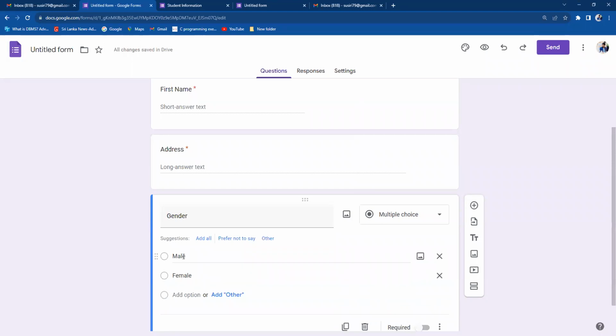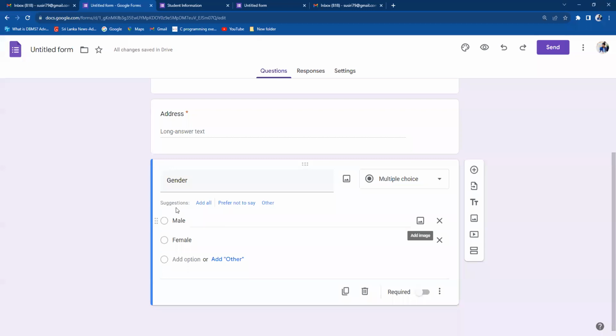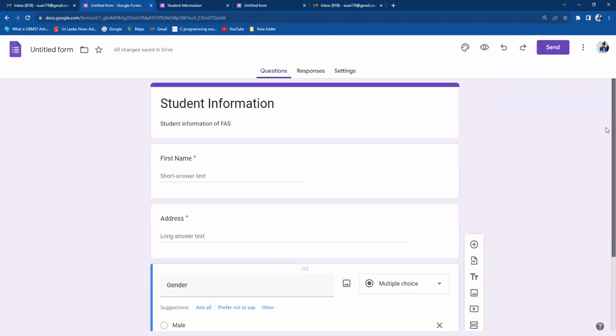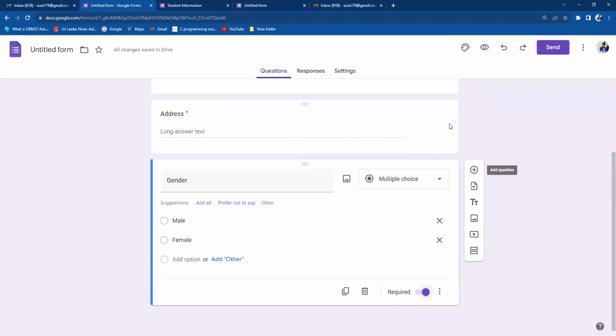Now I choose choices, right? Then the user needs to choose from these two options, male or female. They can tick any answer, right? Male or female, and that one is also required. Now we have three questions: first name, address, and gender. Now we can again